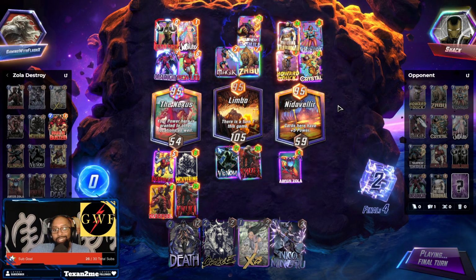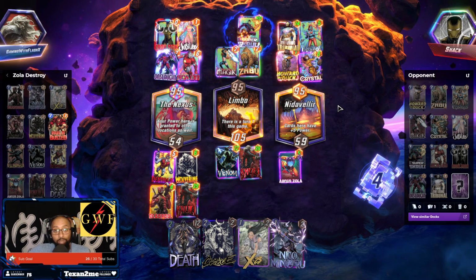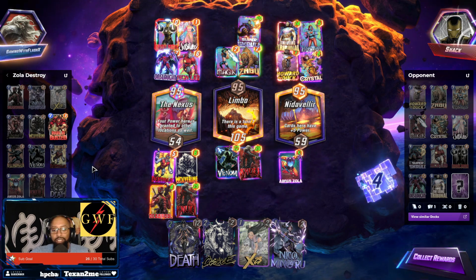Yeah, see, he knows going up against a Destroy deck that I'm probably going to be running Null. And to bring Super Scroll to the party, or to play Super Scroll. But yeah, this is... See, so...